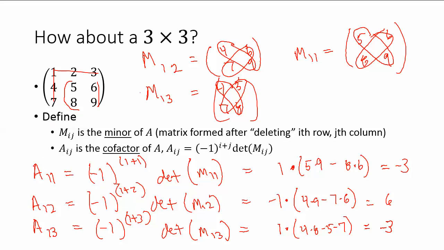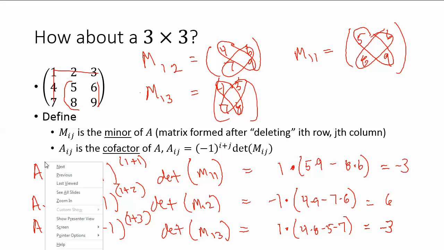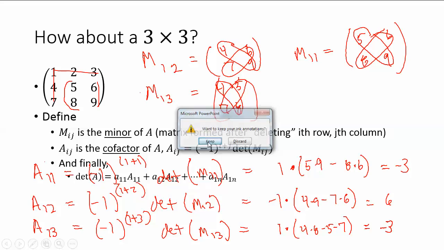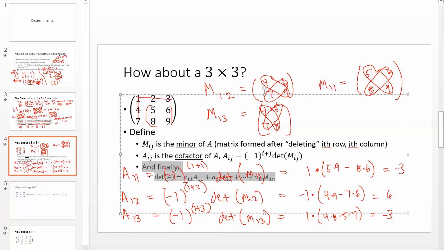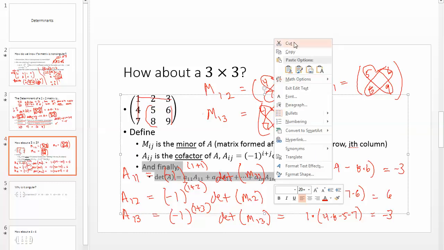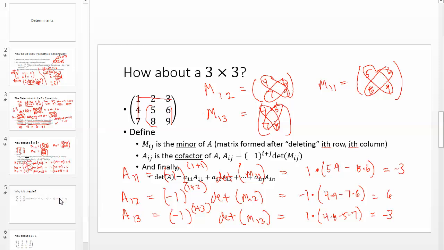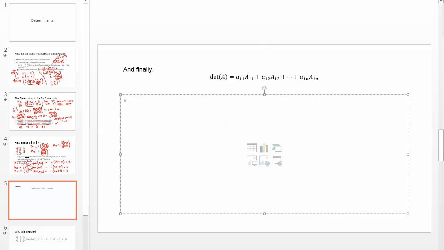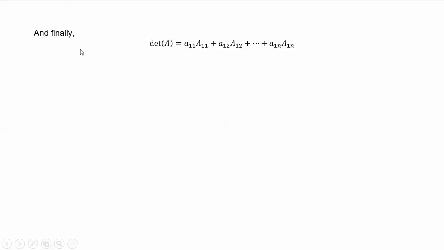I could obviously come up with a cofactor for A21, A22, A23, etc., but I'm not going to do that because the next component shows me that, and this is a little bit hard to see. Let me see if I can copy this and paste it into a new slide. Okay, so what this now tells us is that in general, the determinant of any